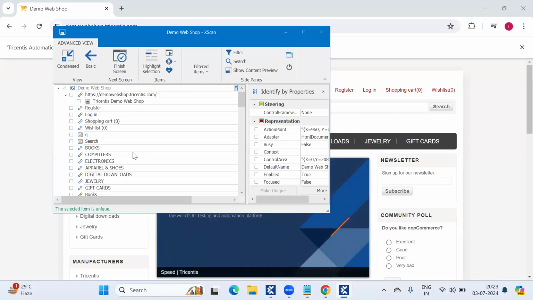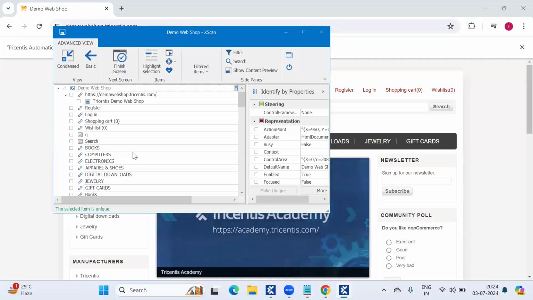Then in the Chrome page, you will get an option like add extension. Click on add extension so that XScan and the application can communicate with each other. If you're working on the Edge browser, you need an Edge extension. If you're working on Chrome, you need a Chrome extension.